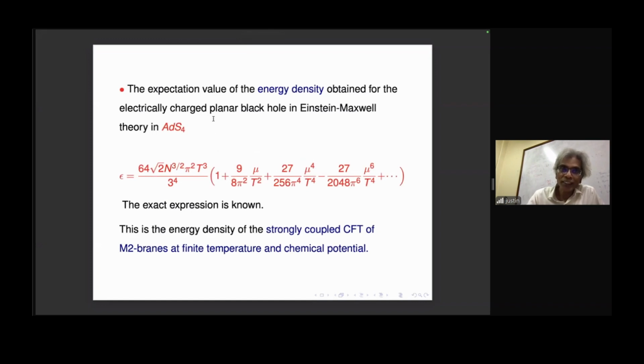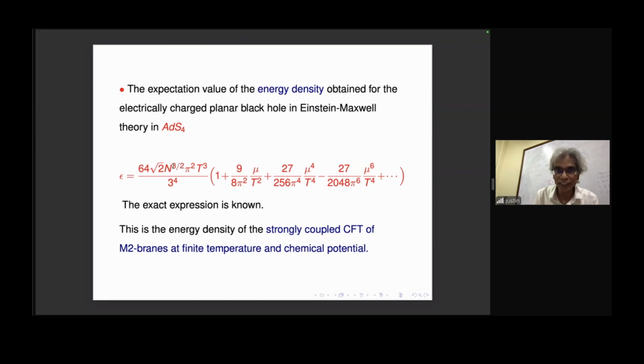So here's one. The expectation value of the energy density for an electrically charged planar black hole. It's a charged black hole. Planar, meaning the horizon is a plane. In Einstein-Maxwell theory, if you look at the thermodynamics from the gravity perspective, the mu is related to the charge, the chemical potential. So we have written this whole energy density in terms of field theoretic parameters. I mean, it is actually derived in gravity, but it is written as though it's a field theory. So you get the conformal field theory description, T cubed, that structure,